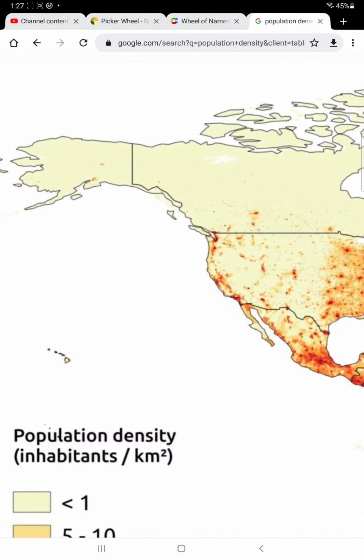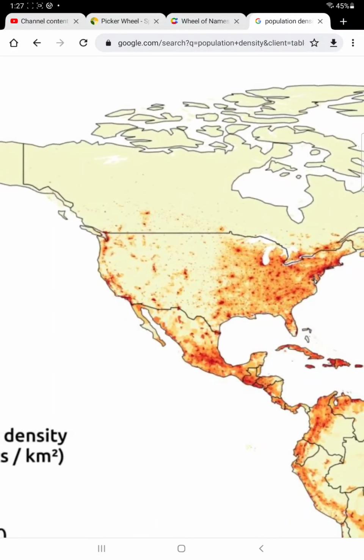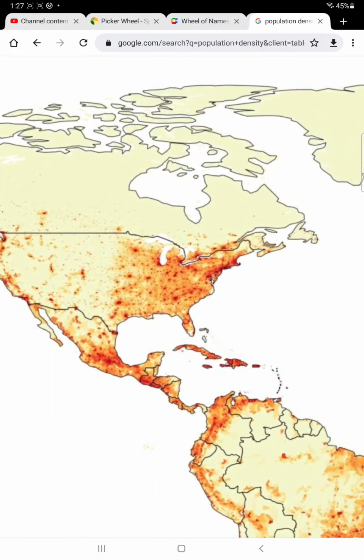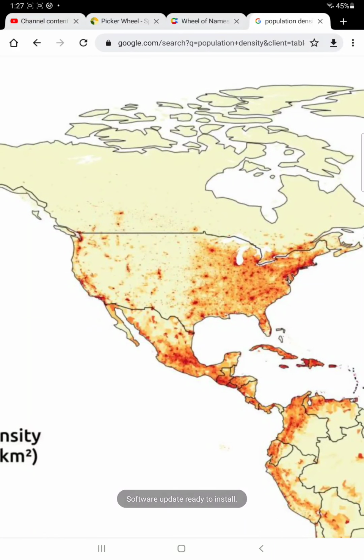Literally, nobody lives in this part of Canada. A lot of people love Canada. A lot of people love the country. You would think that it'll be like the United States, where a lot of people live in one part of the United States, but the real reason why nobody lives